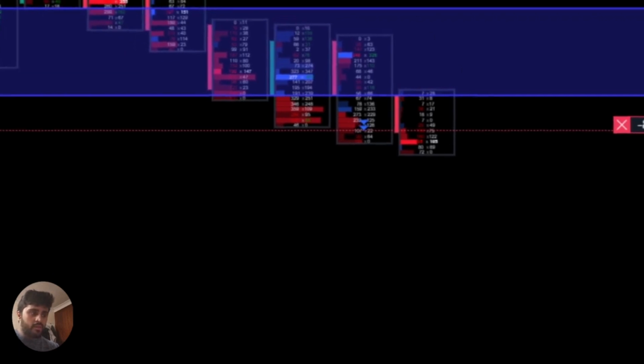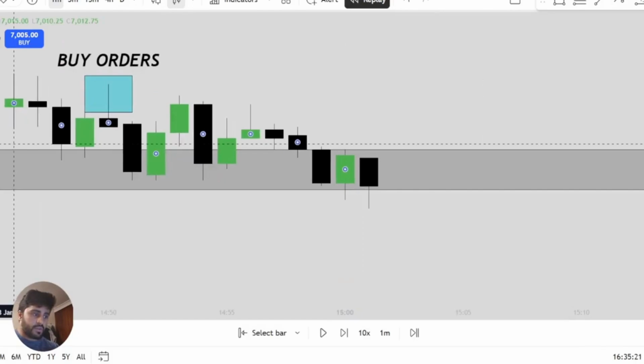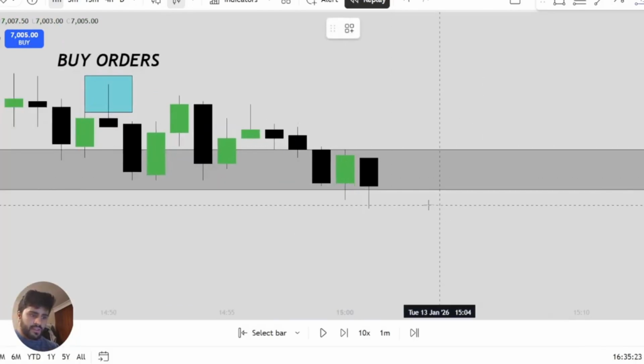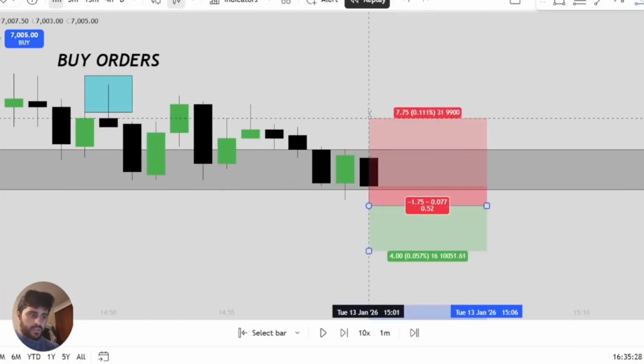70.03. Now why was this price action very interesting to me? 70.03 was the place where I entered. So if I just mark that over here, I was comfortable to have my